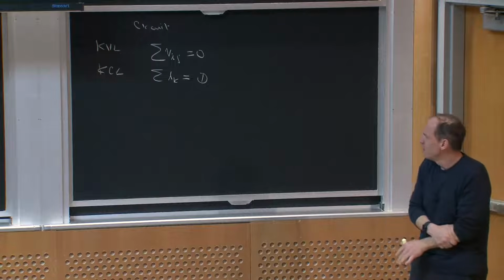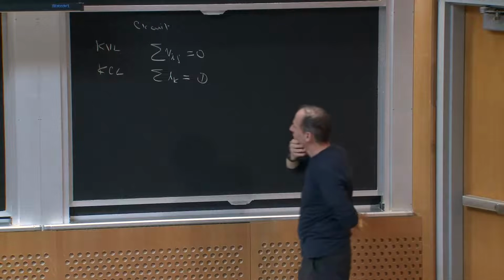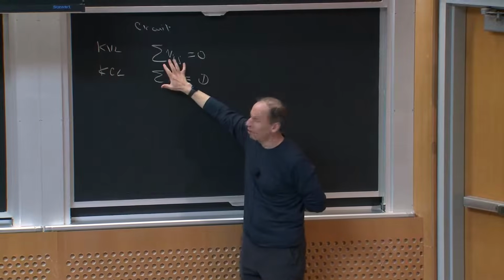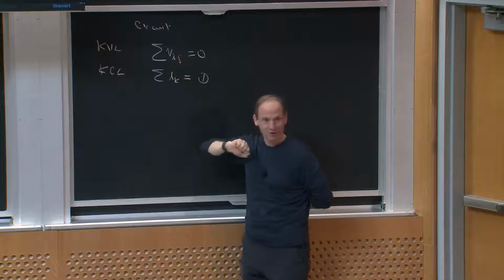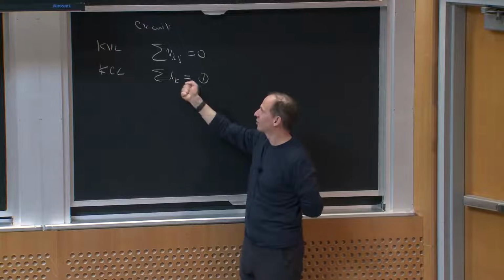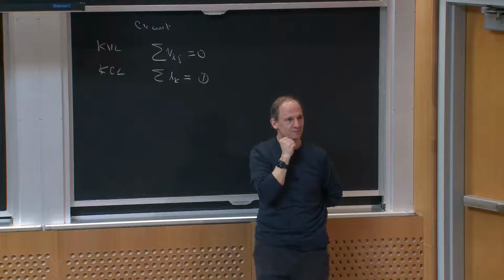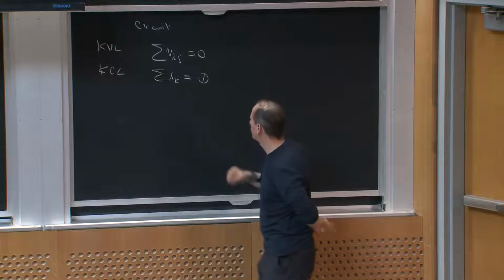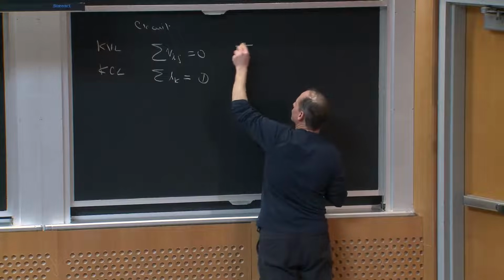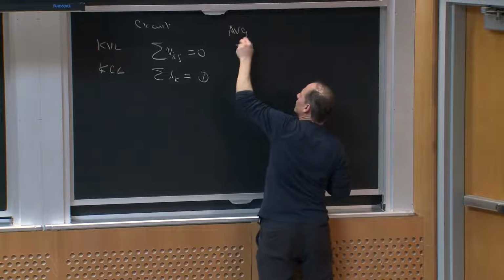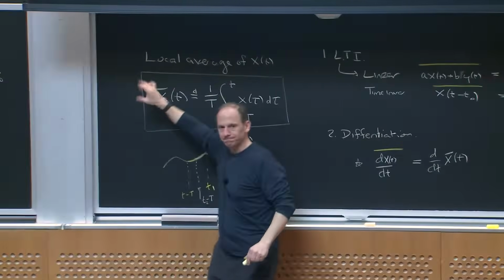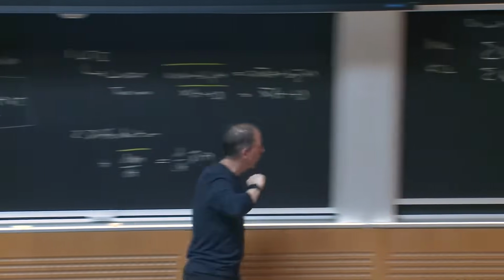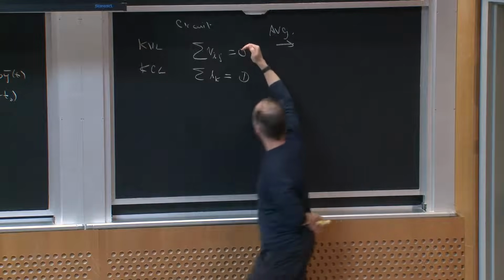Okay? Well, what happens if I take a KVL or KCL equation, or more generally, the ones that represent my circuit, and average those things? Well, all I would do is if I took this and averaged it, when I say average it, I mean apply this operator. What would I do? I'd take the local average of each side. The local average of